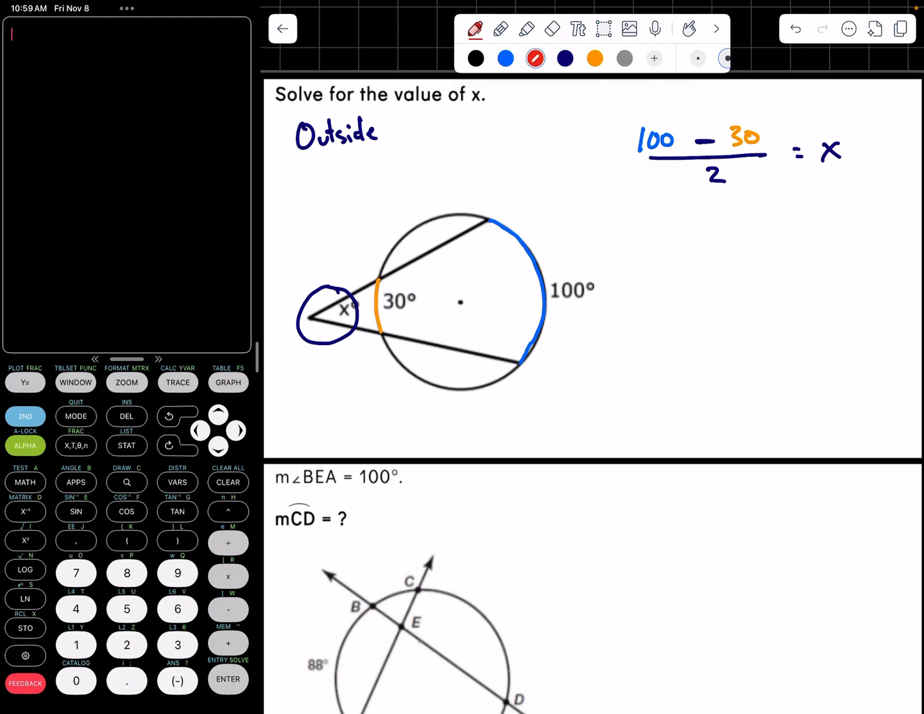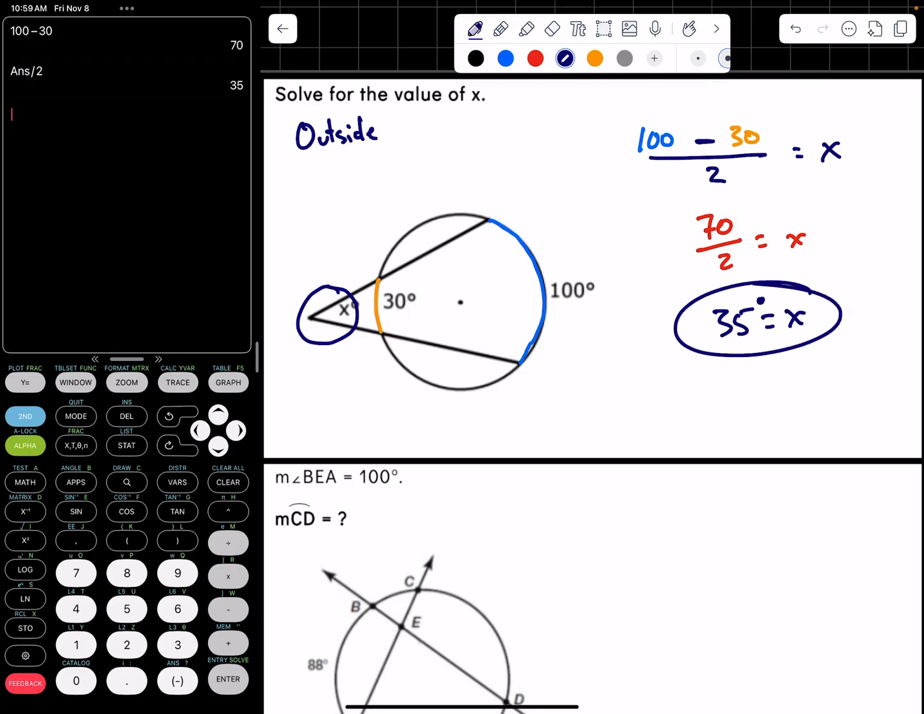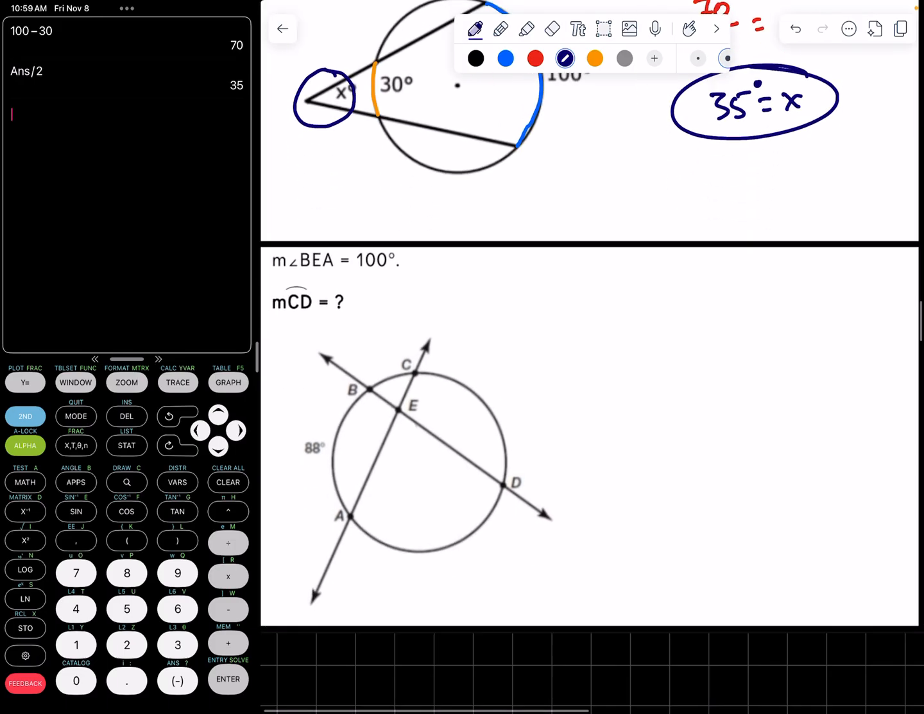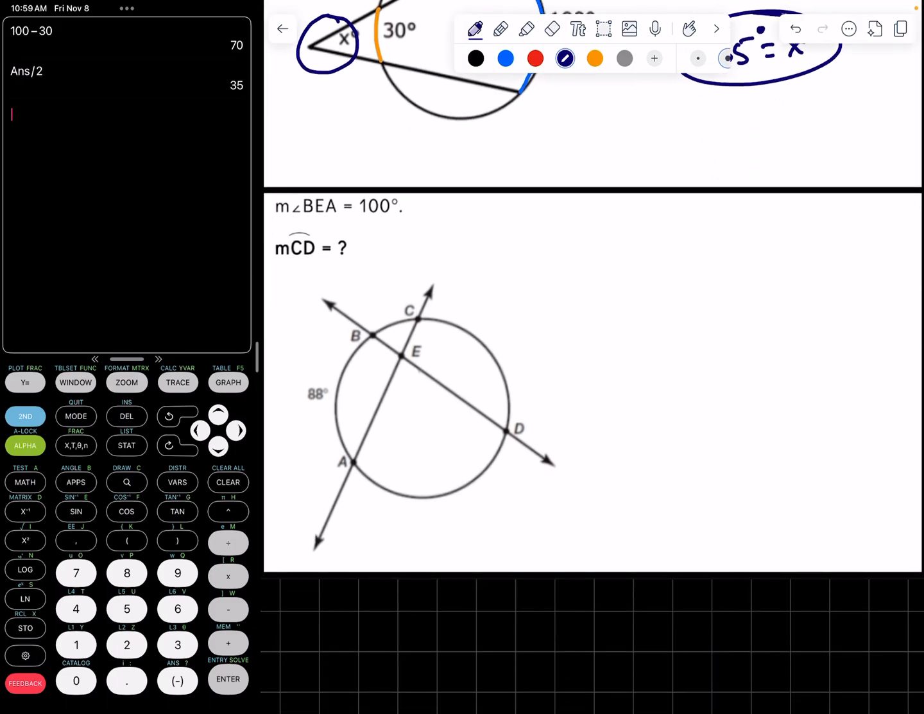And at this point, I can work everything down. Okay, so 100 minus 30 is going to equal 70 over 2 equals x. Divide that by 2, and I will get 35 degrees equaling x. Not too crazy. Down here, we have an inside